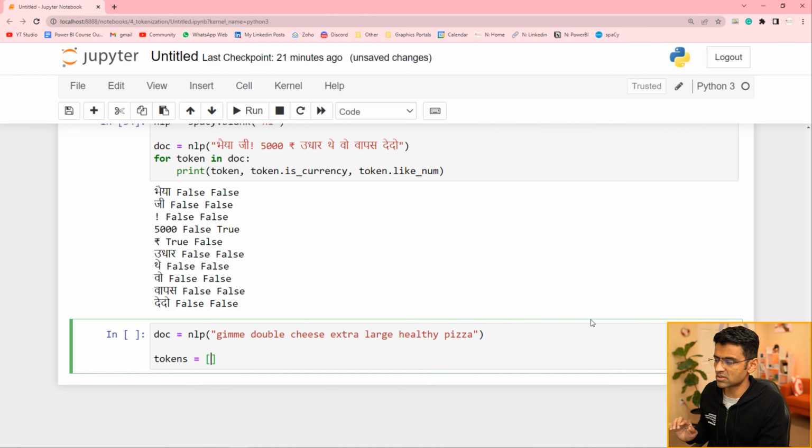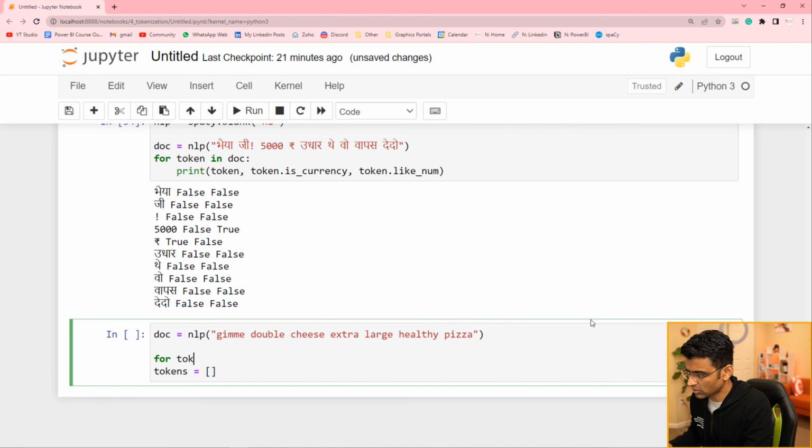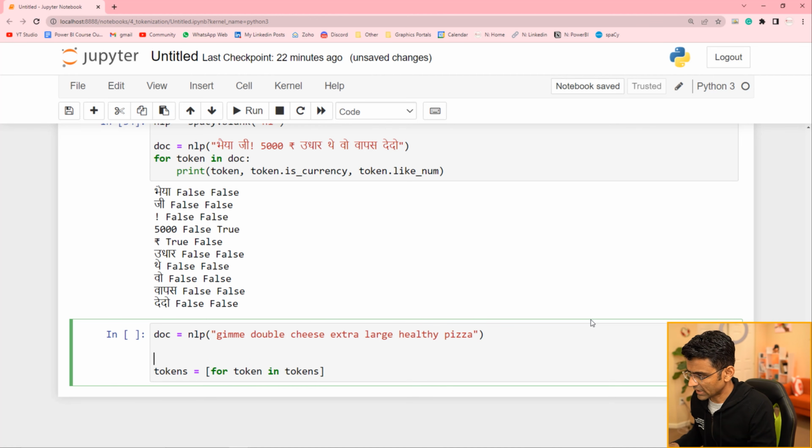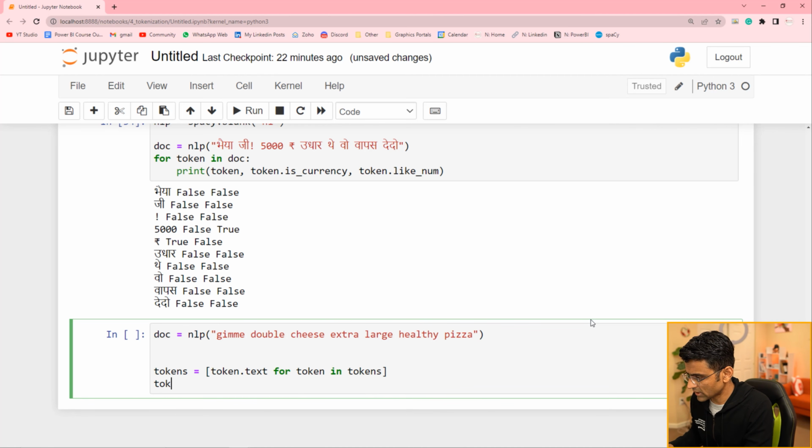List comprehension is an easy way to write a for loop. Instead of writing for token in tokens do something, I can move this thing here in a for loop, and whatever you want to do, you can put that thing here. So when you do that,